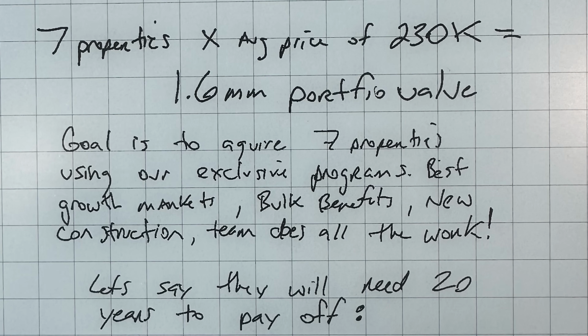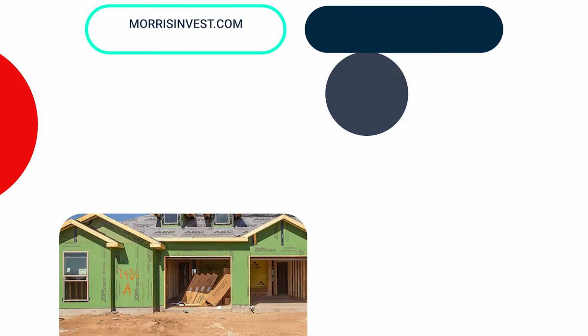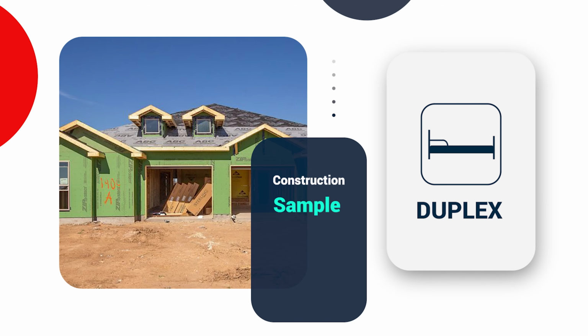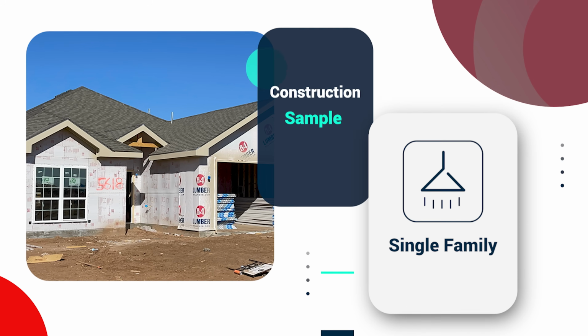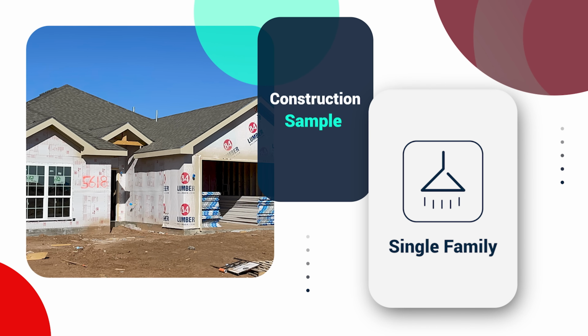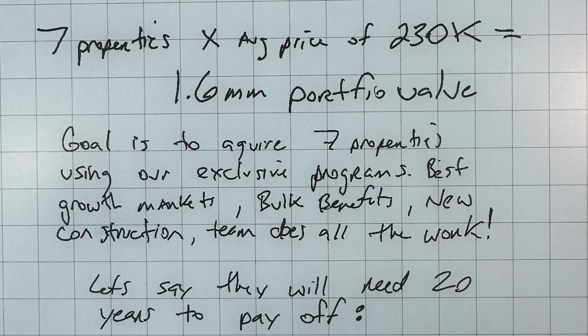So if you look at the numbers more deeply now, let's kind of go through this. Let's just round it up to 7 properties because no one wants half of a house, 6.4. So let's say 7 properties at an average price of about $230,000, okay? This is a new construction property. In our examples, that's all we do at Morris Invest. We build new construction properties, single families and duplexes, okay? So in this client's situation, that's 7 properties with an average price of about $230,000. These are brand new construction properties in the best school districts in our markets where we build our properties at Morris Invest. That's a portfolio value of $1.6 million.